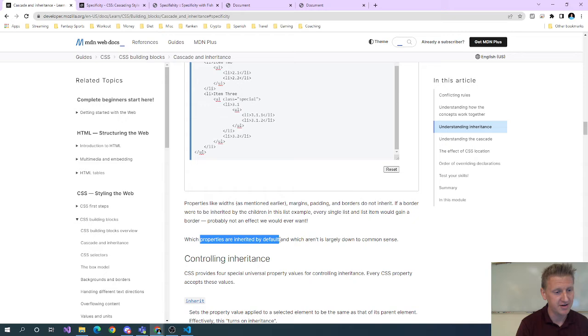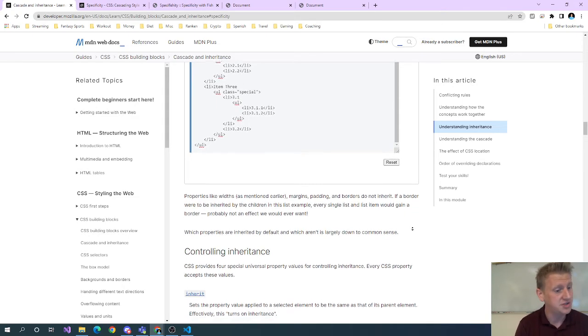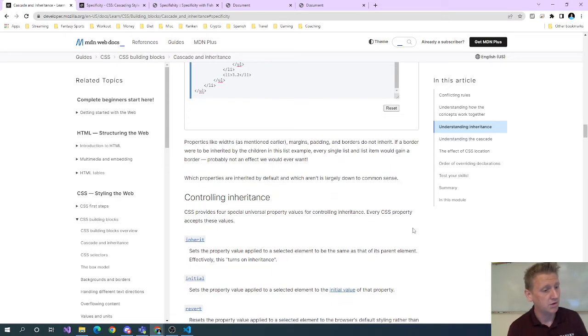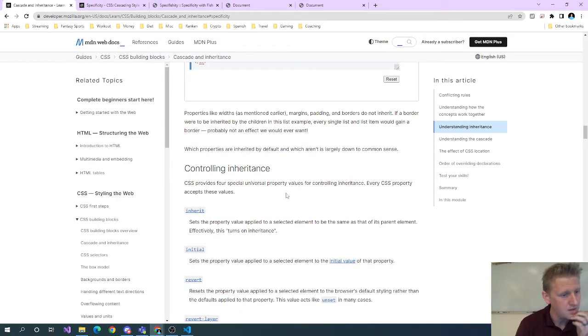Which properties are inherited by default and which aren't is largely down to common sense, but I think knowing those basic rules of thumb, what's inherited and what's not, is good to know when we're learning CSS. There are some properties to control inheritance. I've seen these coded. I can't say that I really do this in my experience. I don't really touch this. I just let the defaults